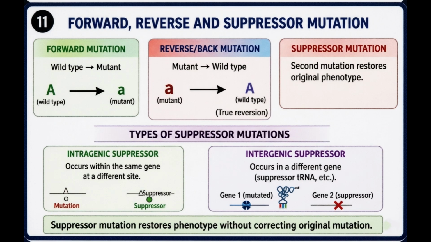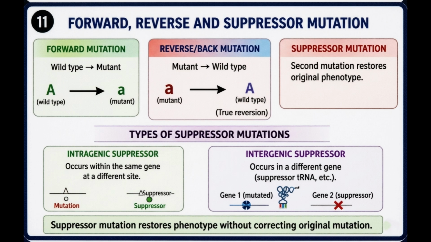Forward, reverse and suppressor mutation. Forward mutation converts wild-type phenotype into mutant phenotype. Reverse or back mutation restores mutant phenotype back to wild-type. True reversion restores the original nucleotide sequence. Suppressor mutation is different. In suppressor mutation, a second mutation compensates for the effect of the first mutation without correcting it